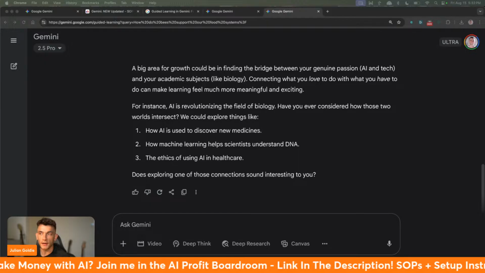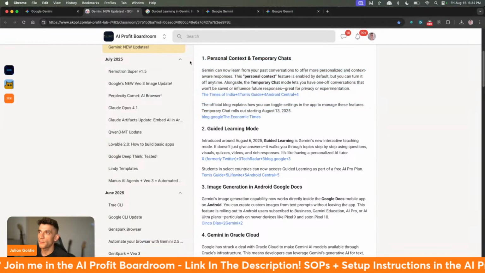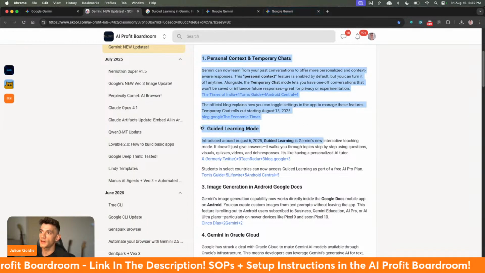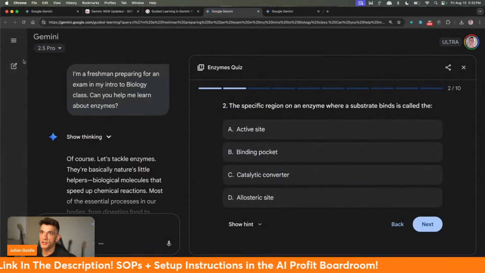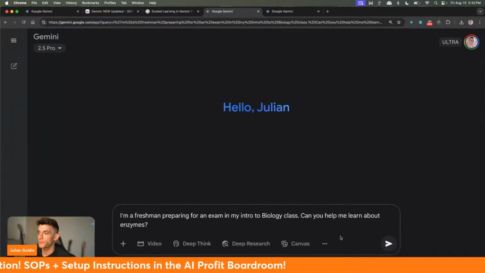So let's keep going now. We've talked about two different things there. Number one is the personal context. Number two is the guided learning mode. Let's have a look at the temporary chats over here. So if we go to new chat,